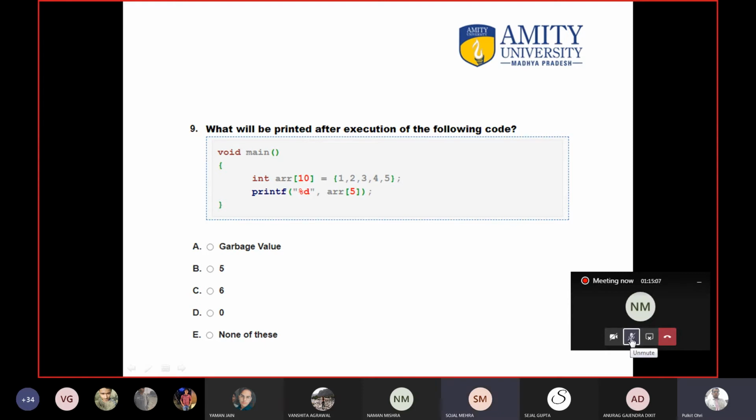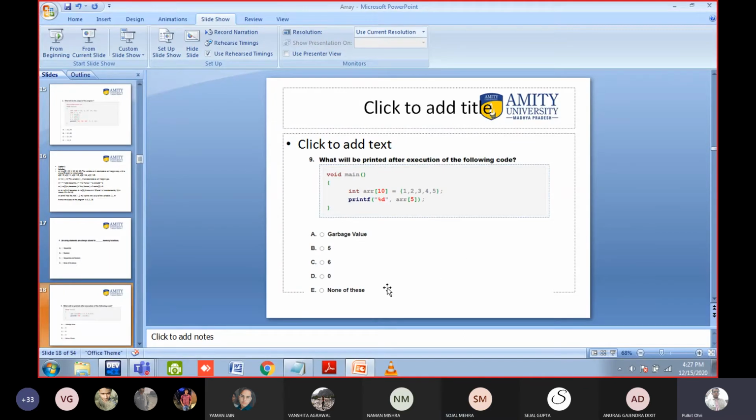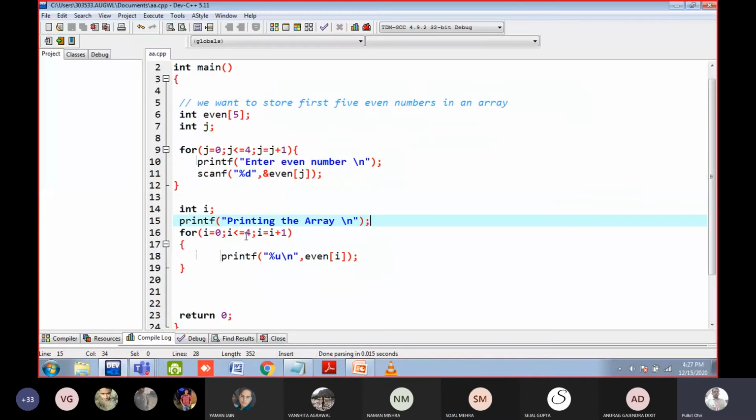Sir, I think it would be a garbage value. Okay. For this particular concept, I do not expect an answer because this is a different concept. So I will tell you the answer, okay?